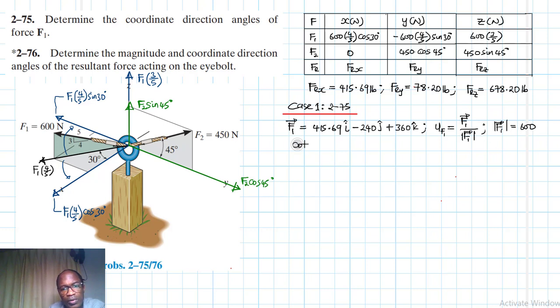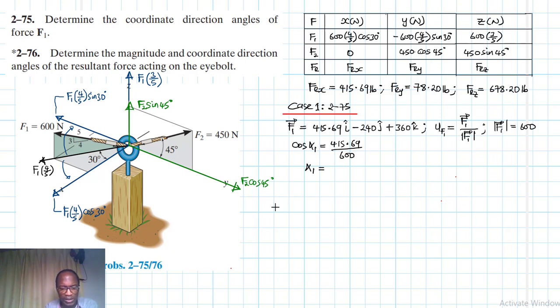So we have cos alpha 1 is equal to 415.69 divided by 600, and therefore alpha 1 is just going to be equal to